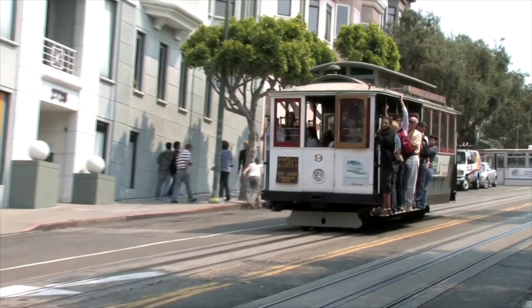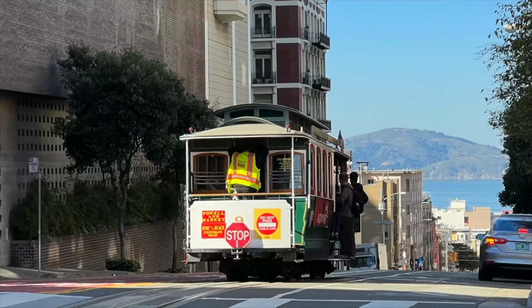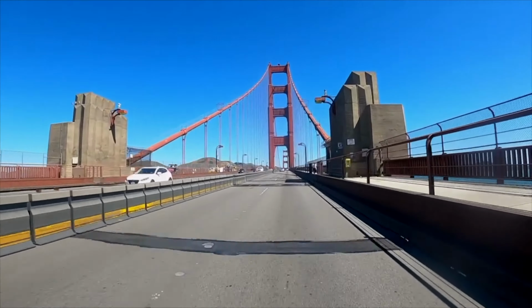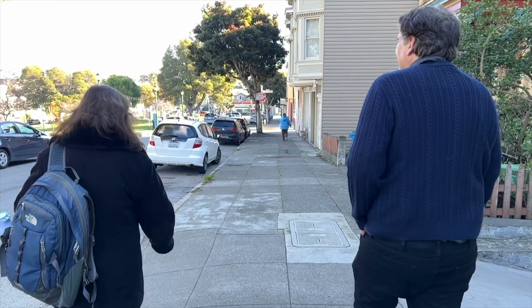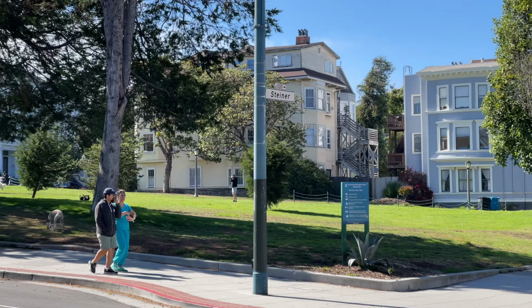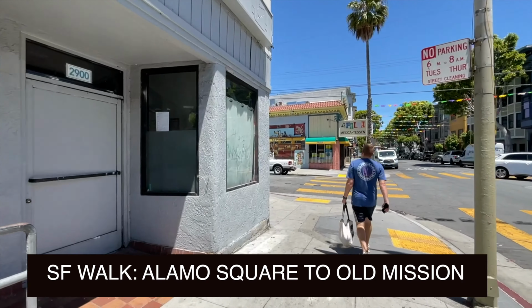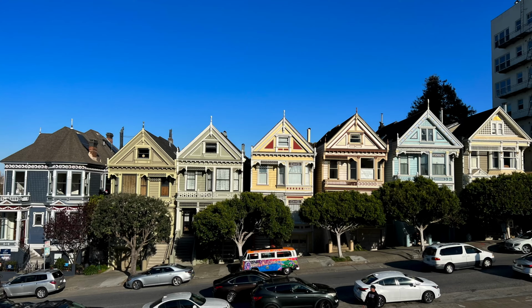San Francisco is easily our most photogenic city, but too often we don't take the time to stop for a minute and enjoy our surroundings because life gets in the way. I've got a really good fix, and that's called photo walking. Here's a really easy 60-minute each-way walk from one of San Francisco's most beloved sites, the Painted Ladies of Alamo